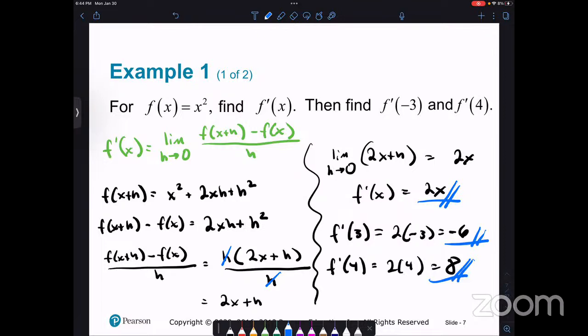So wait, quick question. Are we saying that a faster way to do it, rather than trying to have these large equations and plug x and h into those, we could just break it all the way down to 2x plus h and then plug them in there? That's not the shortcut. We haven't gotten to the shortcut yet. When in this form, I just like to break it down into parts, instead of writing that long equation, because this is a game of organization. It is very easy to get lost when you write those long equations.